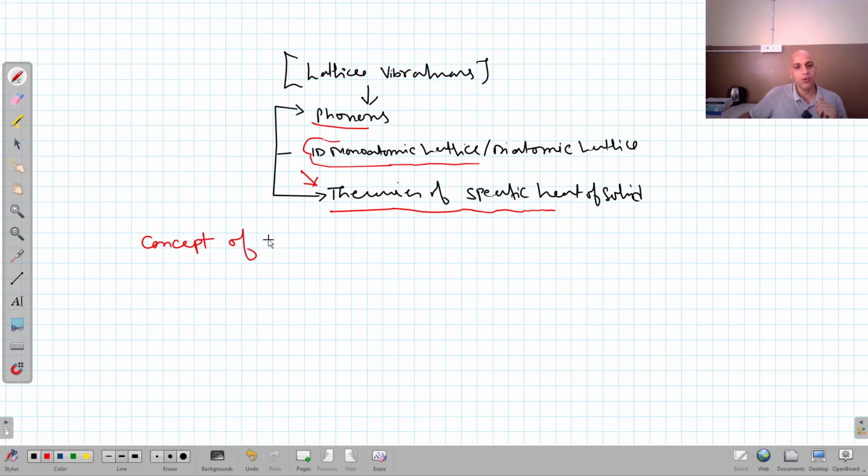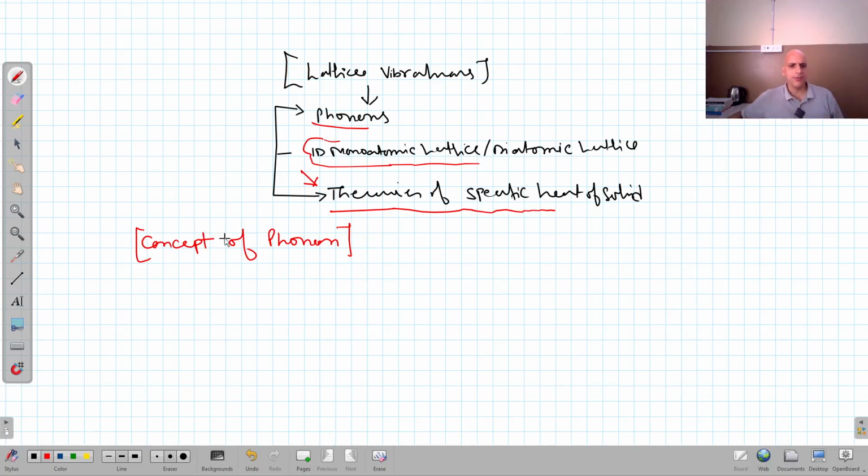Concept of phonons, or concept of a phonon. So to understand the concept of phonon, we have to look at the crystal lattice. We know very well, I have told you in the earlier lecture, that a crystal lattice is basically a collection of points in space in such a way that the environment about each point is the same in the entire space lattice or crystal lattice. And when we place an atom or a group of atoms in that lattice, it leads to the formation of the crystal structure.